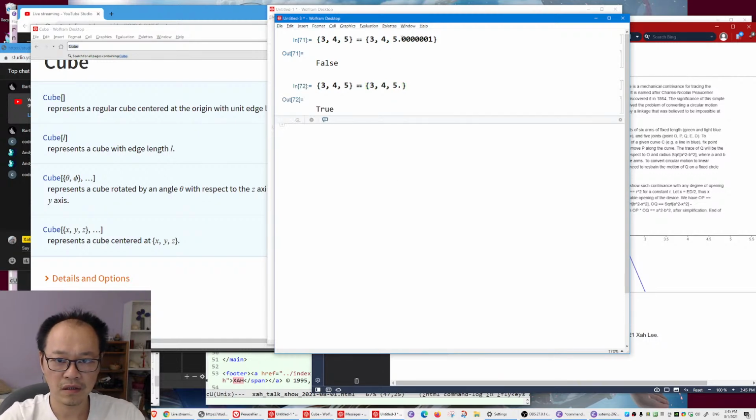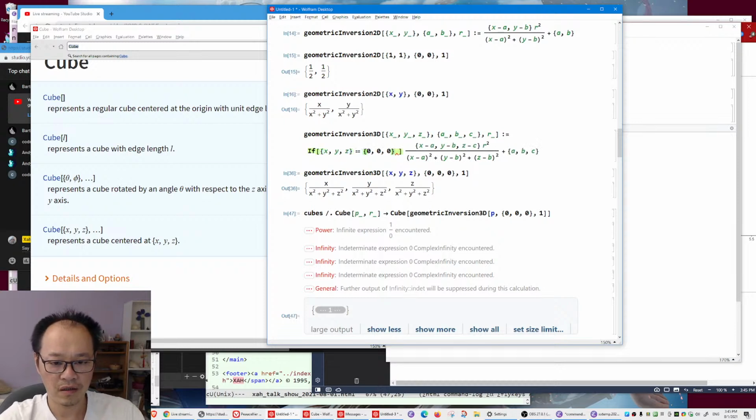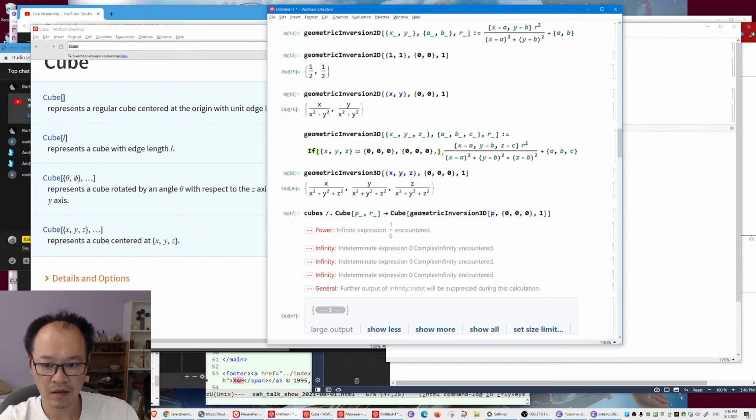So that works. So that's one way. So you can check. So if xyz equals to that, then just that, okay? Otherwise